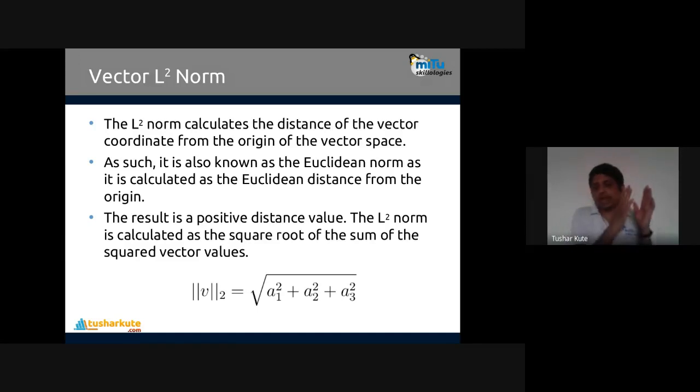So as I told about the Manhattan distance, this gives more precision than the Manhattan distance. So the result, once done, will become a positive number. It is the root of the sum of these squared vector values. Yes, square and then find the square root of it. This is how the method is present in Euclidean distance also. That's why it's called the Euclidean norm, which is calculated by this method.